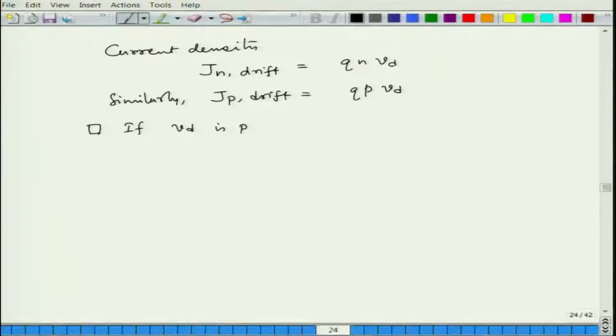Now, the drift velocity will depend on the lattice structure, carrier concentration and everything. So, it will depend on some material property. We want to quantify that drift velocity, or relate that drift velocity with the particular material property. So, to do that, let us plot this V d